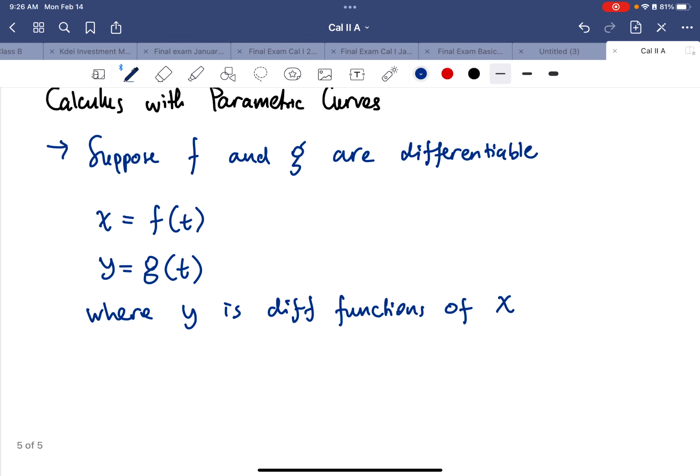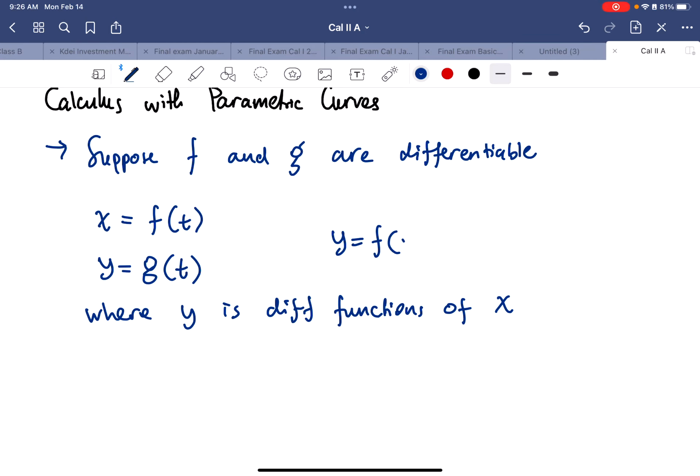So this should be having these terms. Aside from the parametric, this y is actually also a function of x. So if we have this assumption, x and y are both parametric functions of t, but y is actually a function of x. Let's say we have this statement. Then the tangent,